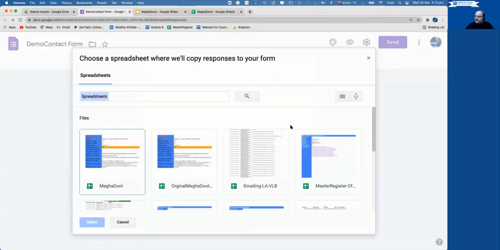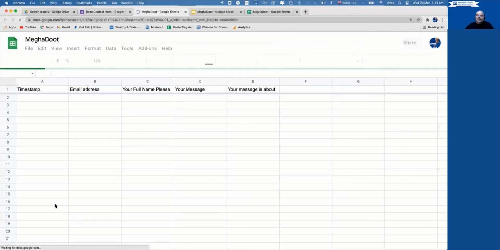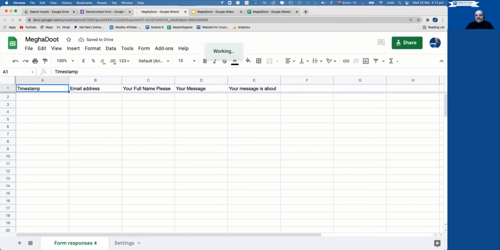Now I need to go look for my copy of Meghdut. I click on this and say click select. Now this will open my copy of the Meghdut and create a sheet tab at the bottom like this. Now I need to do a couple of things here.